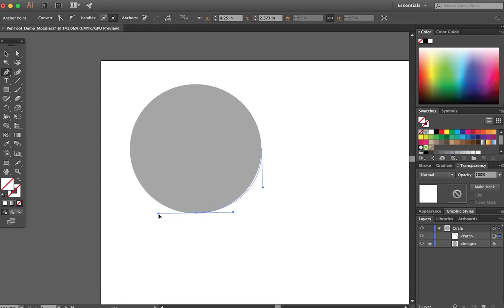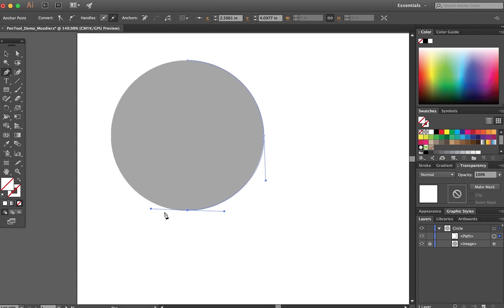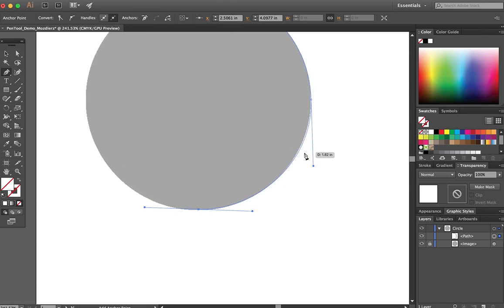Now you'll notice it might be getting to the point where it doesn't quite want to line up. That's fine. Release, because what I can do is this is probably a result of me pulling this handle too far. And it's only slightly off. It's not a big deal, but for the sake of perfection, we're going to tweak it a little bit. And so what I can do is in process, if I hold down my Option key, now I have this little V. And I can go over, and I'm holding down Option. I didn't just click it, I'm holding it down. I can go over and grab this handle and shorten it